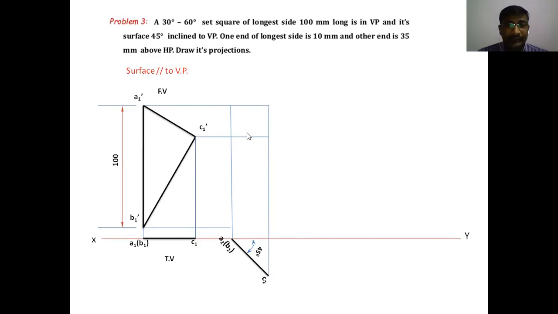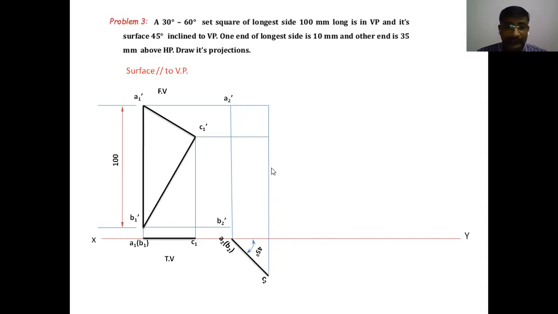So that is the second stage front view. This is the second position. Locate the points like this. A2 projector will be intersecting the A1 dash projector. That intersecting point is A2 dash. And the B2 projector will be intersecting with the B1 dash projector. This intersection point is B2 dash.